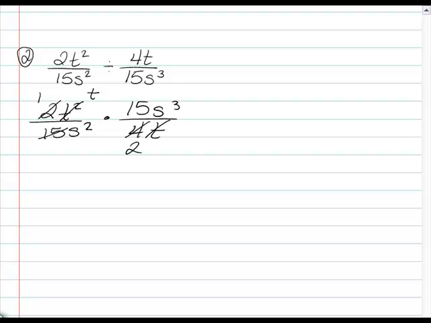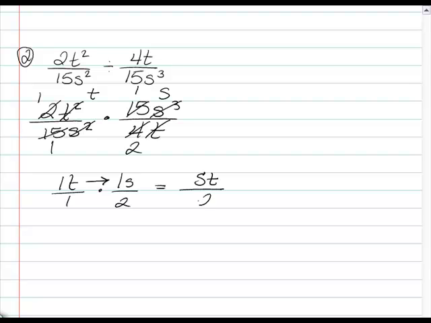15 and 15 are both going to become a 1. And we've got 3 s's on the top and 2 on the bottom, so the 2 on the bottom will go away, and we'll just have 1 left on the top. So let's go ahead and rewrite it because it's looking kind of messy. We've got 1t over 1 times 1s over 2. So multiply straight across. So we've got